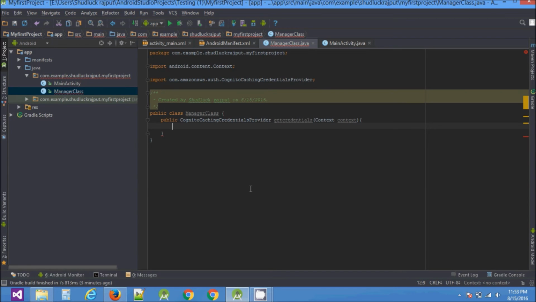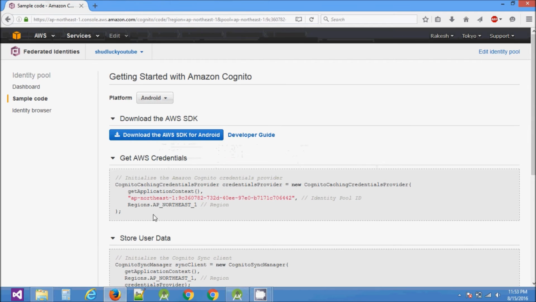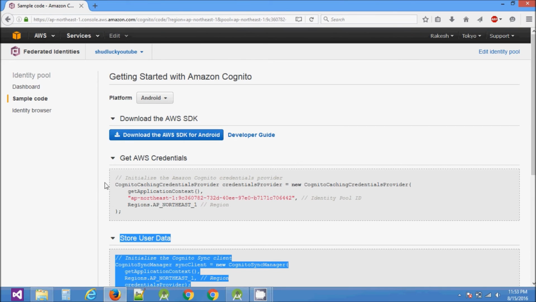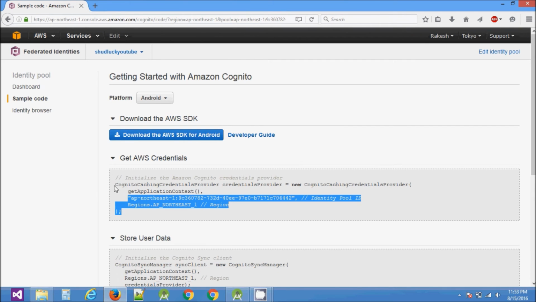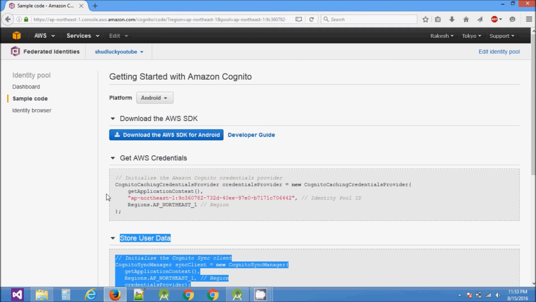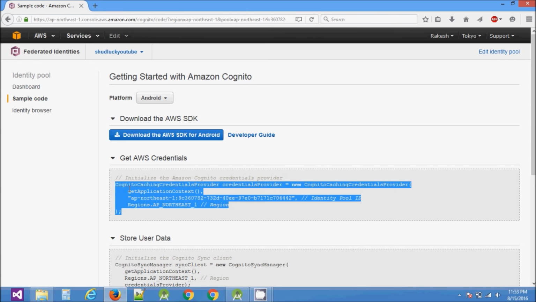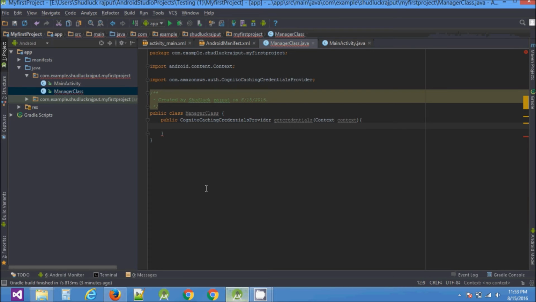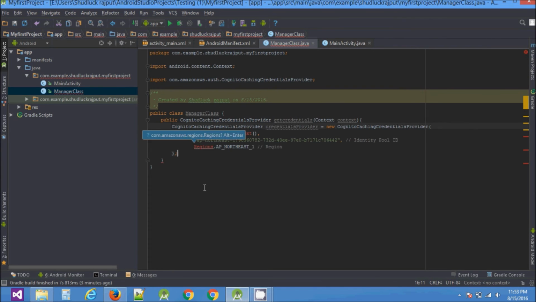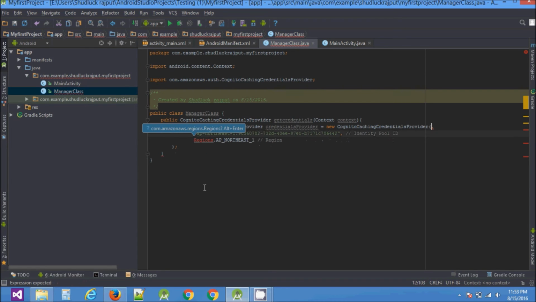After that, come back here, just copy this code, come back to Android Studio, paste it. Create application context. This is not possible, that's why we need to get the context, right?